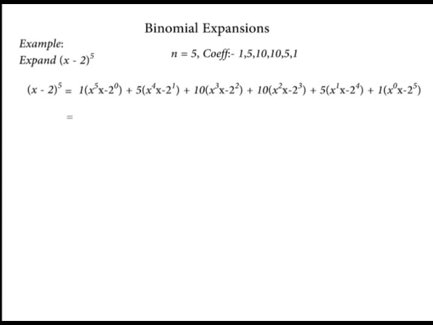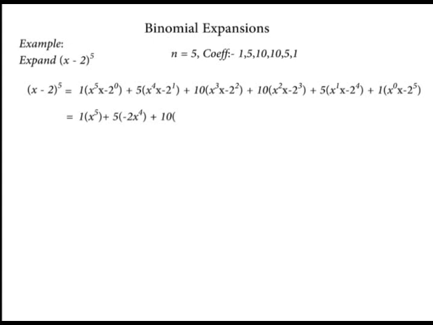And so we shall have 1 times x raised to power 5 gives us x^5 because (−2)^0 is 1. And so we have x^5 plus 5 times (−2)^1 is −2, then times x^4 is −2x^4